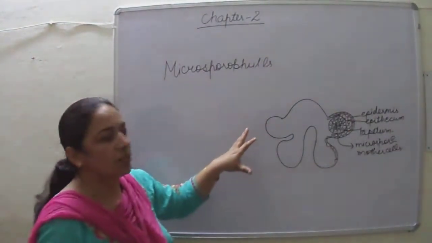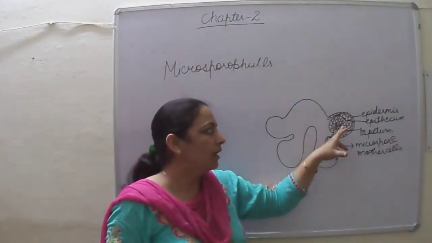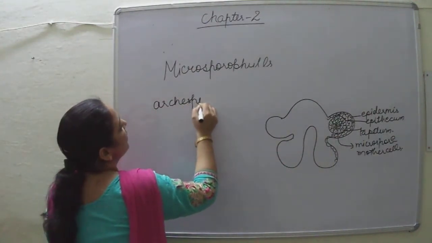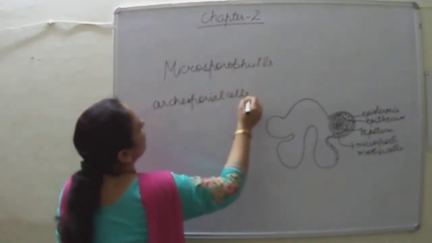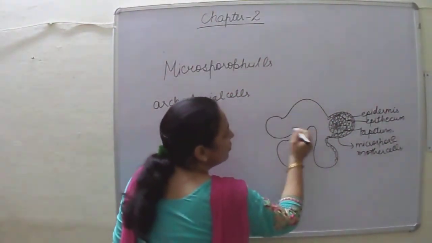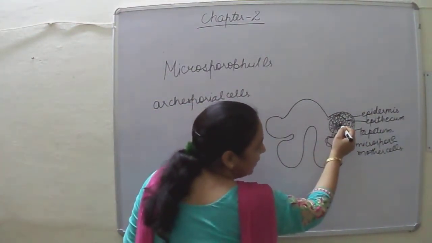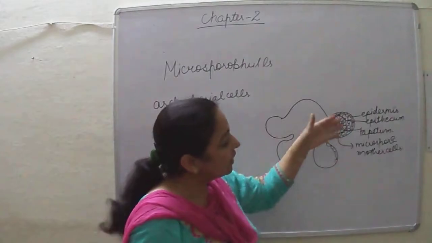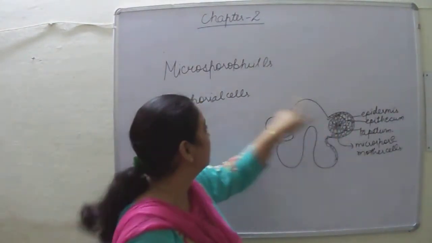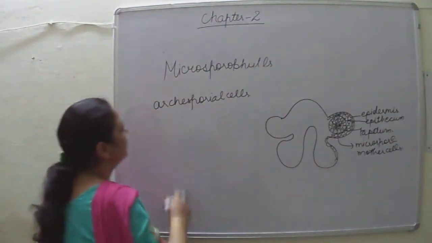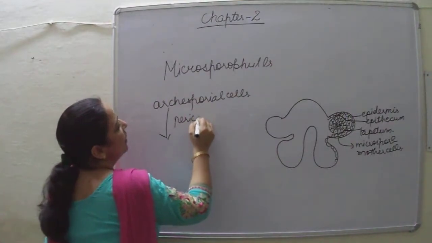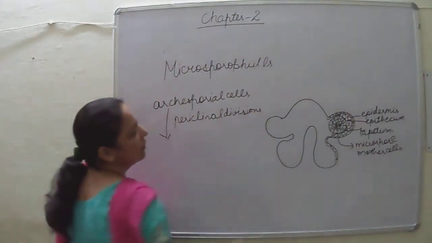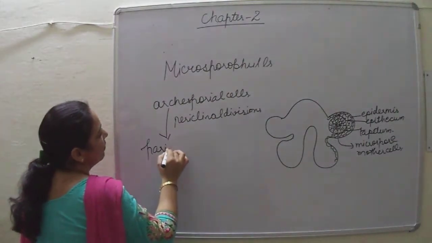The formation of sporogenous tissue, or the formation of spores, starts from the internal layer of the archesporial cells. We call these cells archesporial cells. In the starting, nothing is differentiated, but as soon as it starts maturing, some of the cells from inside start behaving as archesporial cells, and these archesporial cells divide by periclinal divisions to give rise to the parietal cells.